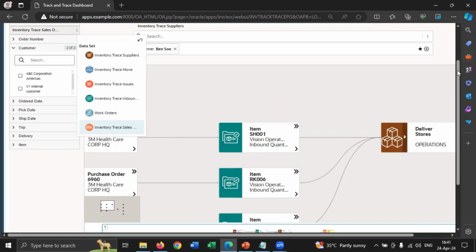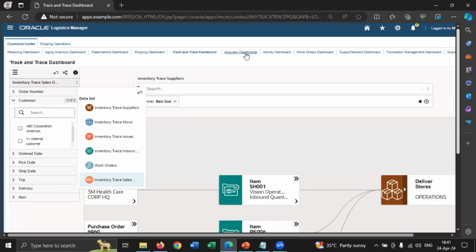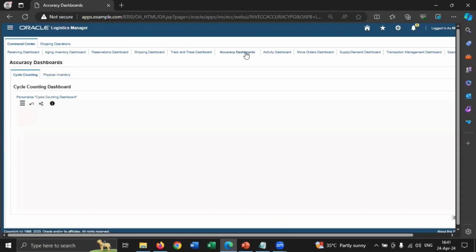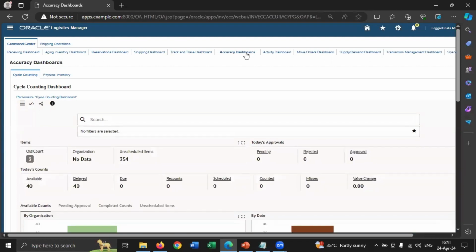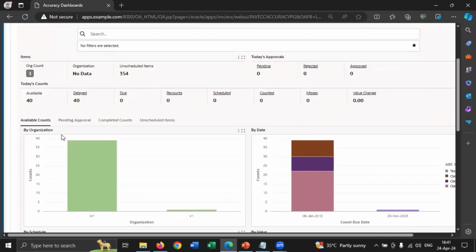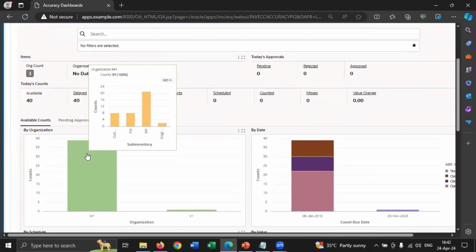Another important dashboard in SCM or in inventory is an accuracy dashboard. Accuracy dashboards show the accuracy in an inventory, the cycle count or physical count status for an organization. Here the user is able to get inputs on how many counts have been scheduled or how many have been delayed, whether any recounts are needed, or whether any approvals are required for adjustments as well. In this particular dashboard, we can see in which organization the counts are available,